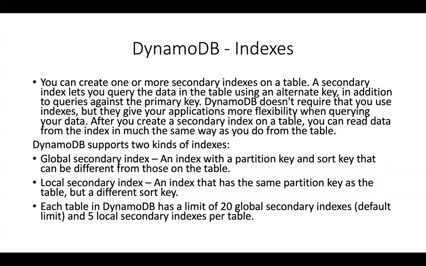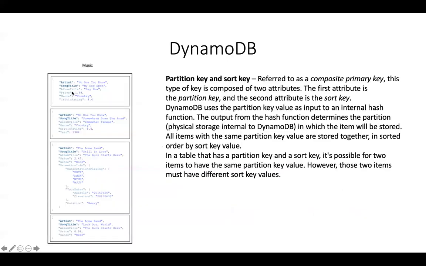When it comes to a local secondary index, you can create it while you create the table, not after you have created the table. That's a very important statement. A local secondary index is a little different from a global secondary index, because it has the same partition key as the table, but a different sort key. For example, the artist is your partition key, but instead of the song title, the local secondary index has the album title as the sort key. So now you can query based on the artist and the album title rather than the artist and the song title.